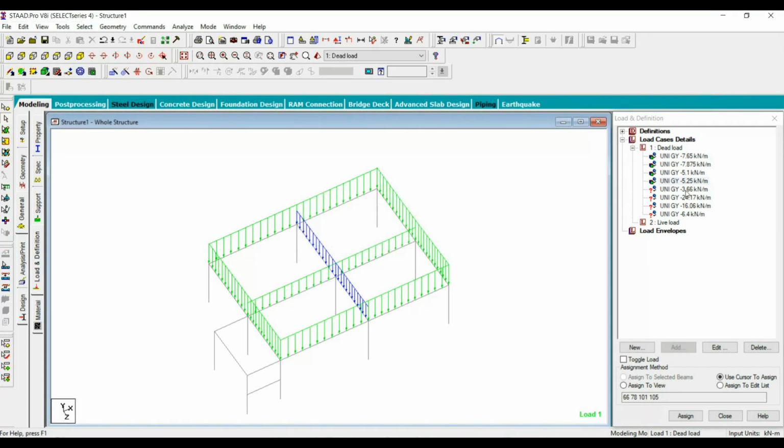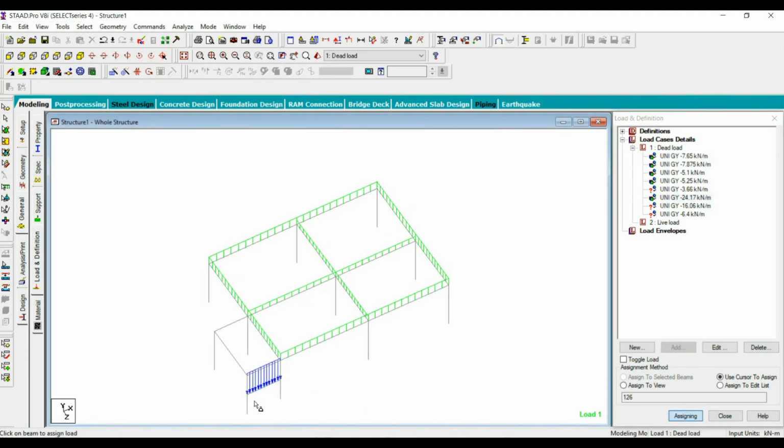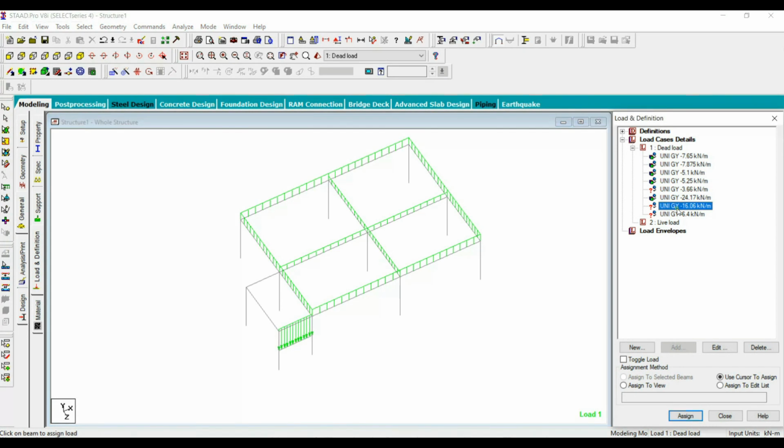This is done and this one is parapet wall load. This we are going to apply in the last floor only, and this is staircase load. This load we need to apply in the mid landing level, and this load we need to apply in the roof level.